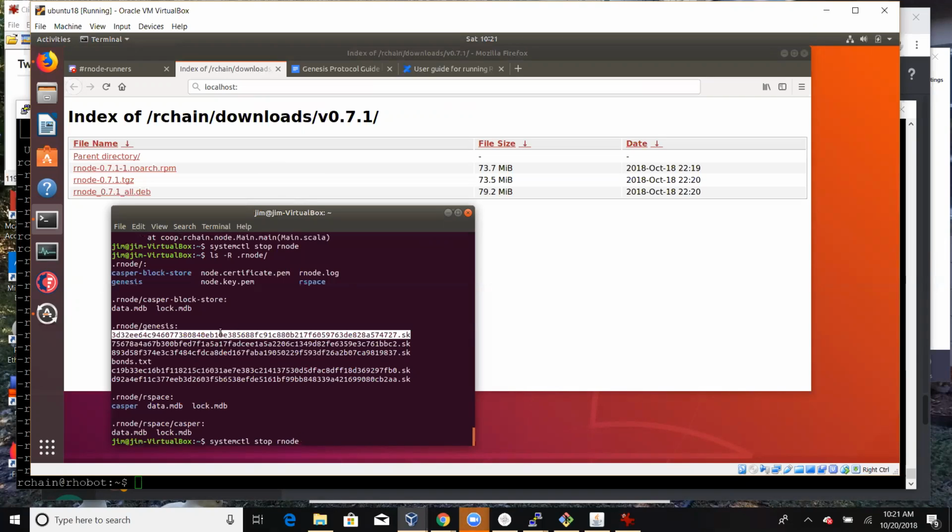Then we'll create a new bonds file. How do I get my public key? See on my screen where we have the rnode genesis and we have the 5 keys that were generated. I just take the first one,